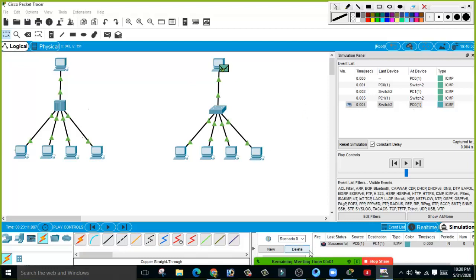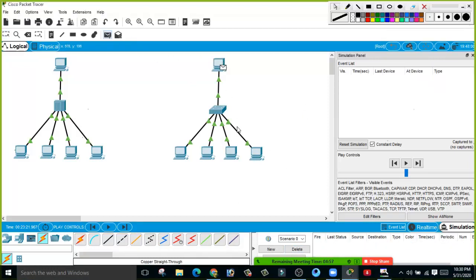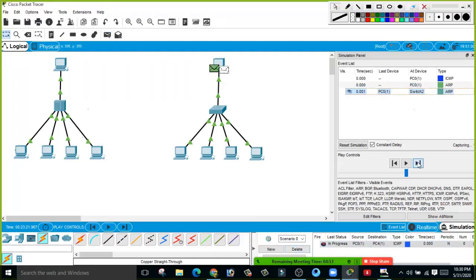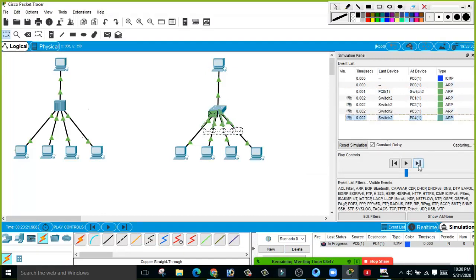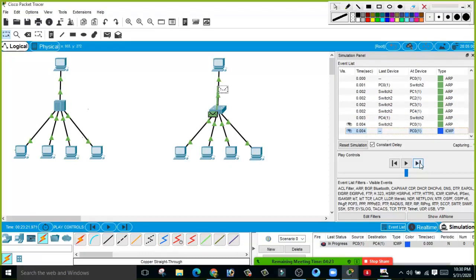So for example, let's try to send the data from this computer to this computer. Click on next. See, here you can see it is telling you ARP, which means Address Resolution Protocol. So it is again sending data to all the computers, because the first time only one computer sent the reply. Out of these 4 computers, they don't know who this PC is, right? So now it is going to send a reply. Once it has received the reply, this switch is going to add the MAC address of this computer and then send the data back to this computer, and see, it is a tick mark.